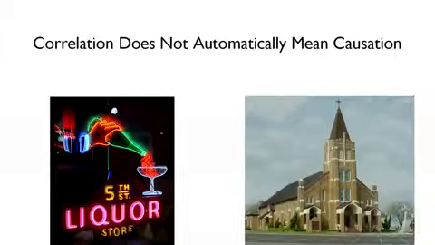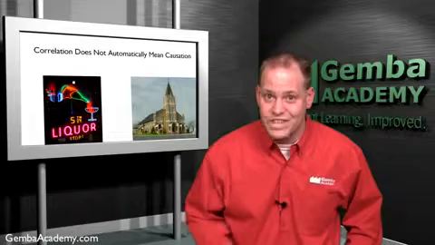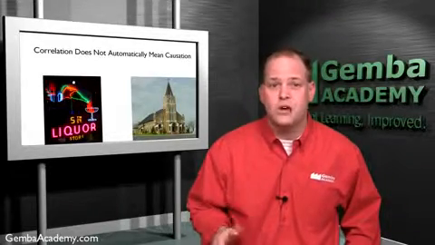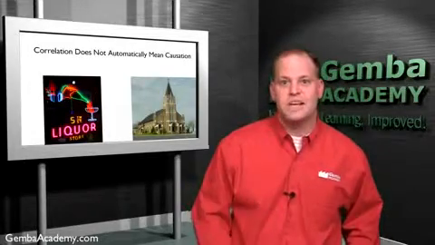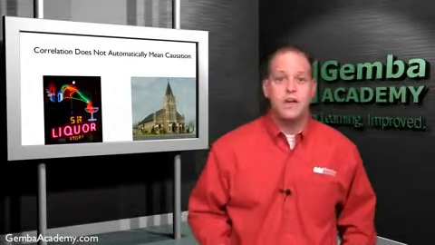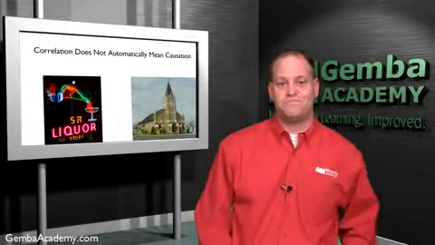Now, an example of this is how in some cases it can be statistically shown that as the number of liquor stores in a town increases, so does the number of churches built. So one could conclude that if a town hoped to have more churches, all they need to do is build more liquor stores, right? Well, of course this is complete nonsense, since the two, liquor stores and churches, aren't correlated at all. Now, a better explanation for this situation is that as a town grows in population, there'll be some who like to visit liquor stores and some who like to attend church.